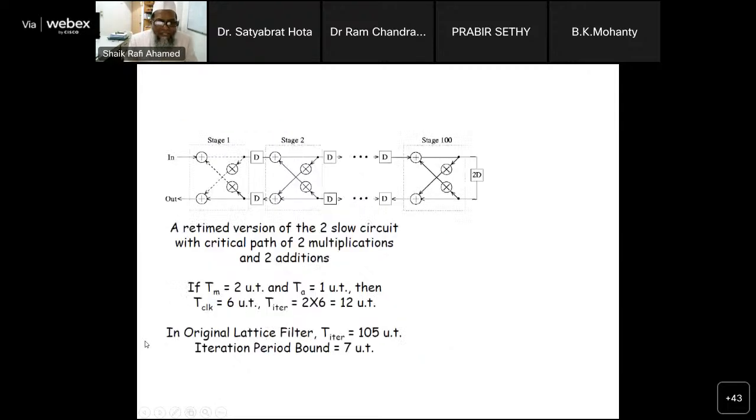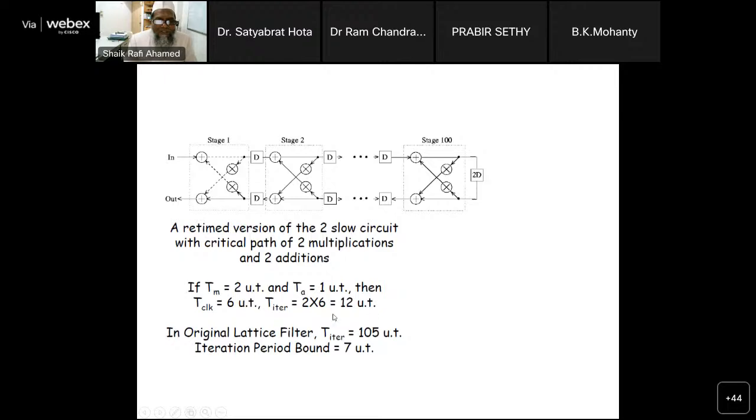So after this retiming, what happens? These 2 Ds I have distributed between 2 edges. One I have removed here, one I have added here. Now we can see that the critical path will be starting from here to here, here, here. There are delays, so I cannot go to the second stage. So now the critical path time is 2 multiplications, 2 additions. If I take the multiplication time as 2 units, adder as 1 unit,